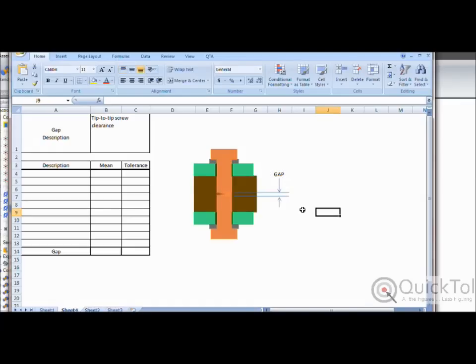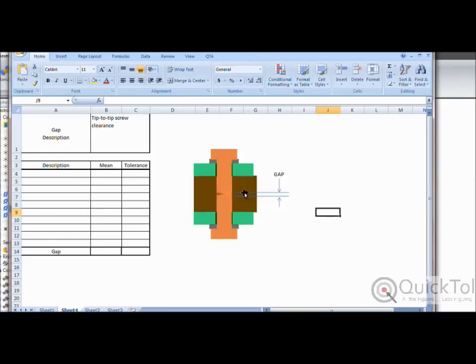So here's our gap. Now when we perform our tolerance analysis, we want to start on one side of the gap and loop around to the other side of the gap. I prefer to start on the bottom side of gaps that are vertical or on the left side of gaps that are horizontal. That way up is positive or right is positive, just like we learned in school. If you decide to flip that around, it's up to you, but just make sure that you're consistent. So, like I said, we'll start at the bottom side of the gap,